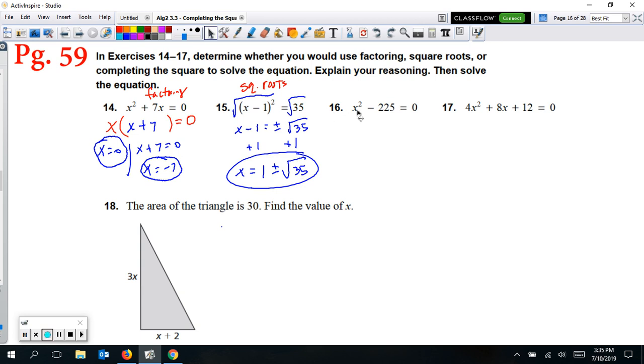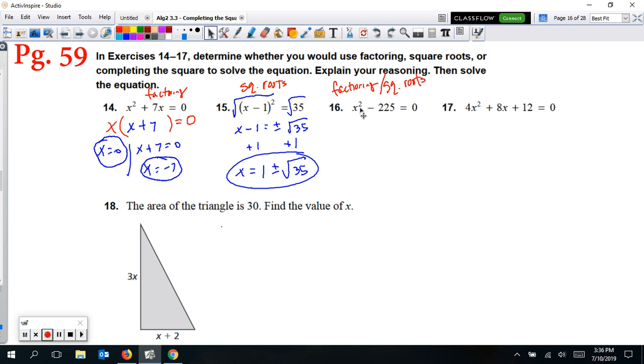Now, number 16 says x squared minus 225 equals 0. For this one, there is no bx, but we do notice that 225 is a perfect square number. So you could have two options, and I think both factoring and square roots are about equally good. We can factor it because 225 is a perfect square number, so we can factor this into two binomials because it's a